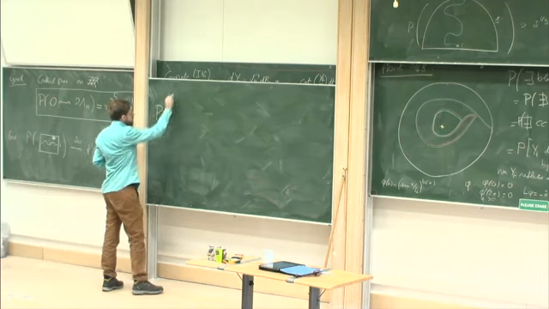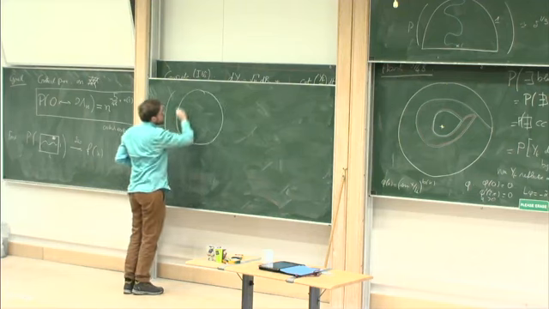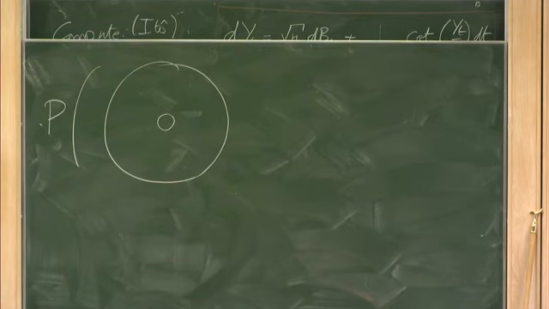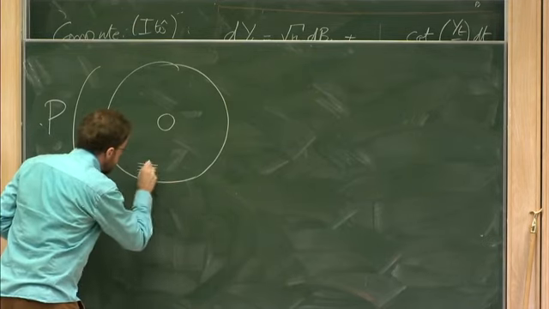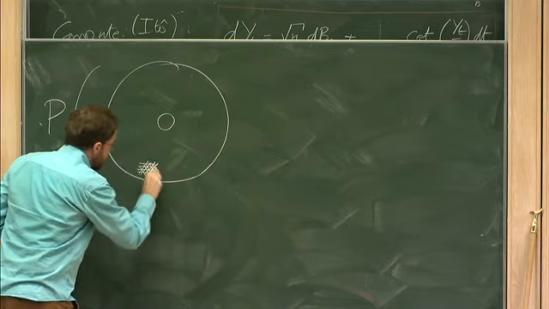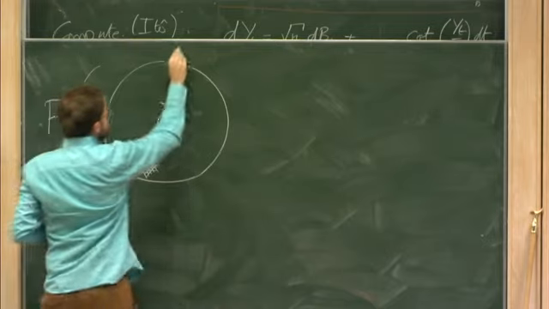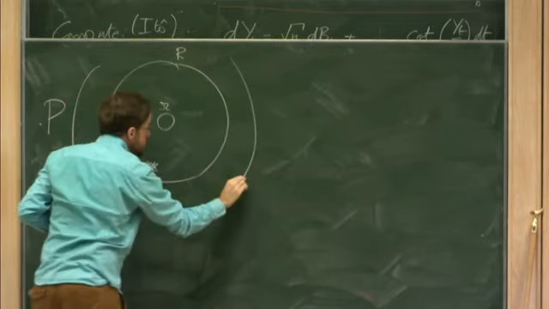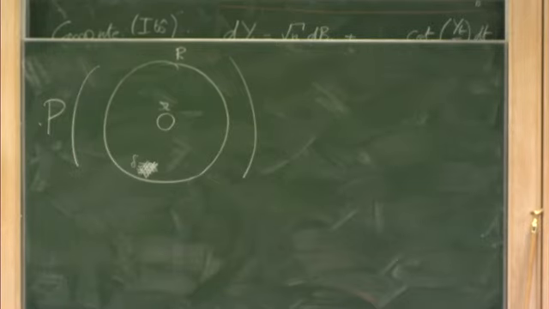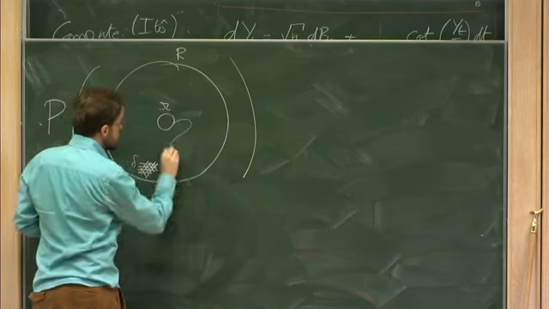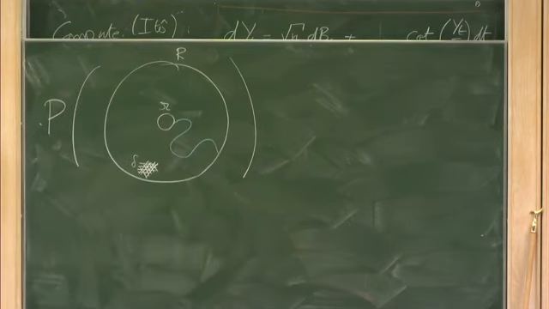We have that if you look at percolation in an annulus with mesh delta, so this is the mesh, this is little r, this is the small radius, this is the big radius, we know that the crossing probability for percolation here converges